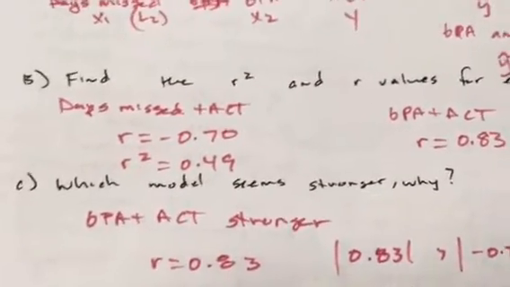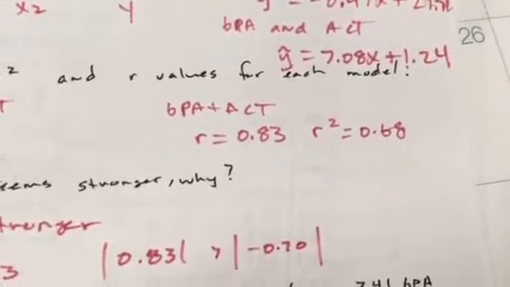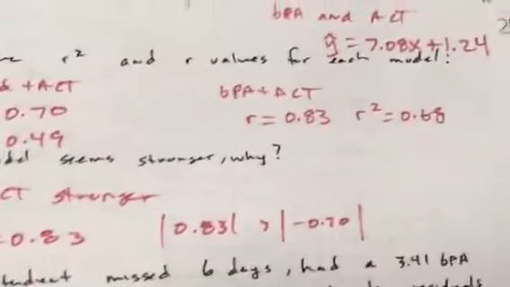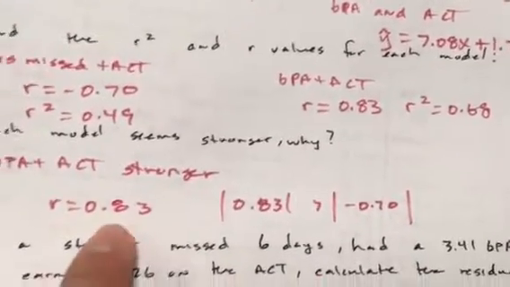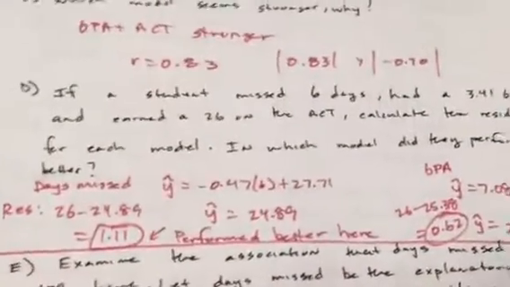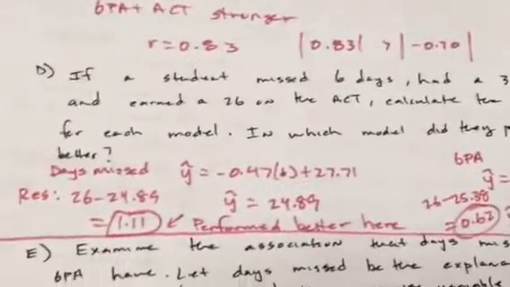Days missed and ACT have the following r and r squared values. GPA and ACT have the following r and r squared values. So which one is stronger? The one that has the absolute value closest to 1, which is 0.83. If a student missed 6 days and had a 3.1 GPA and earned a 26 on the ACT,